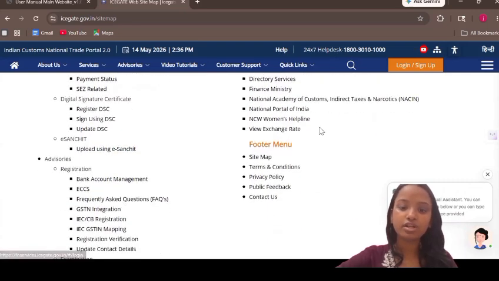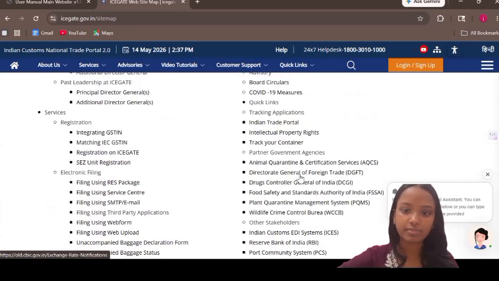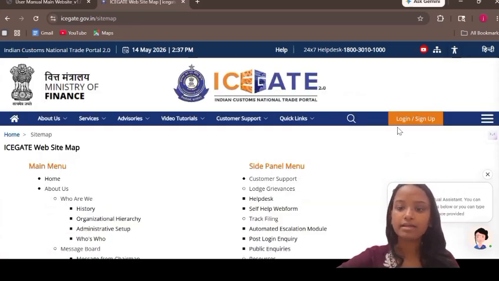And on the footer menu, the site map of this website has been mentioned, terms and conditions, privacy policy, and the contact and public feedback you can give here. And now let me take you to the accessibility option. And yeah, you can also